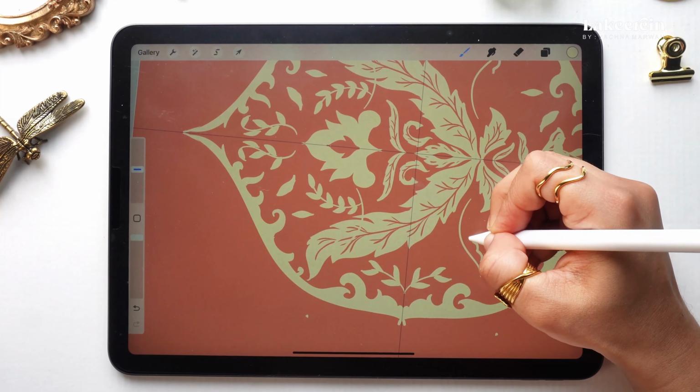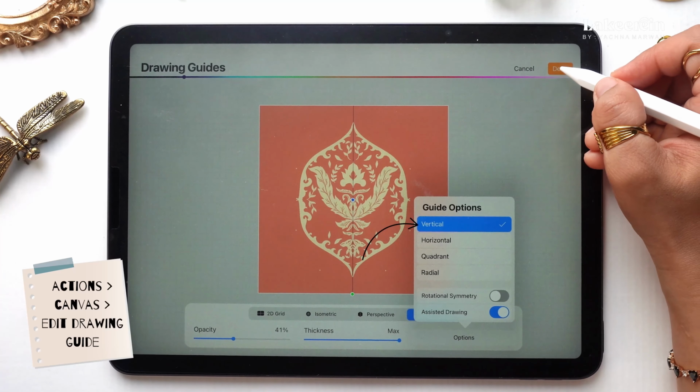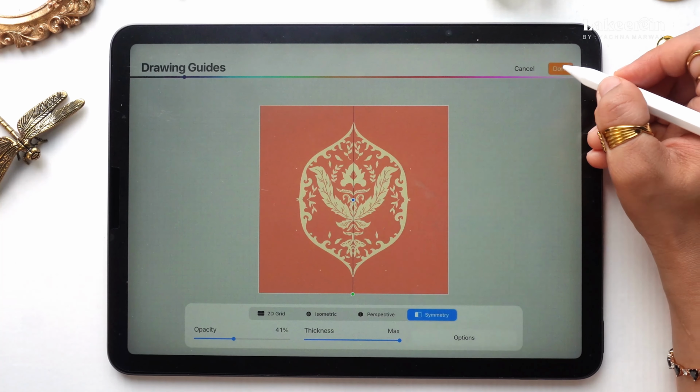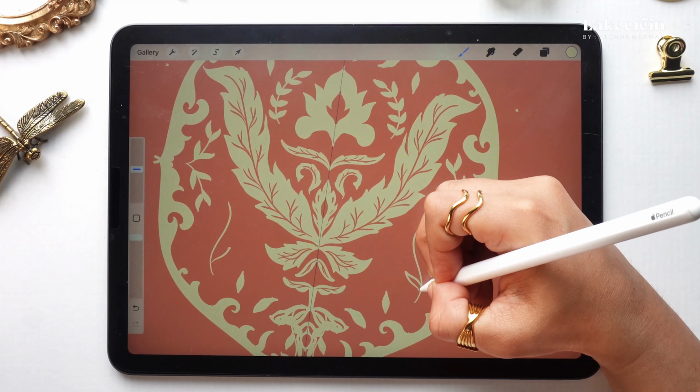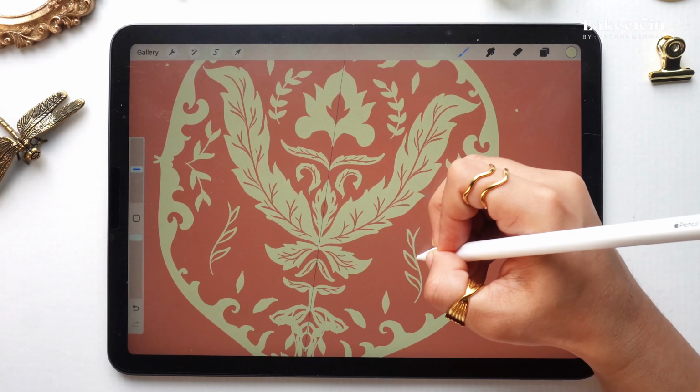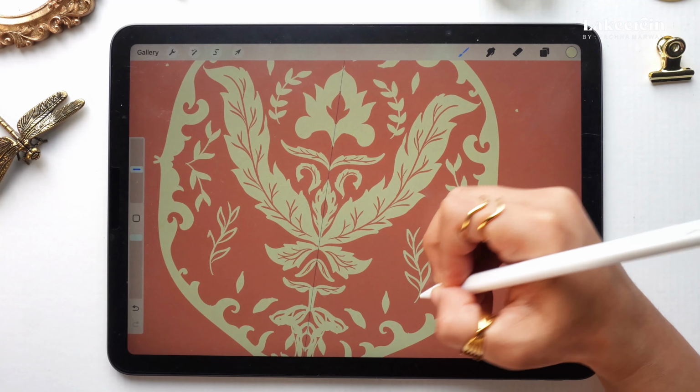So for this part, when I try to draw, it comes as a quadrant symmetry, which we don't want because it's overlapping. So for this I can go back, go to the edit drawing guide, go to vertical, and switch it back to the vertical symmetry, and then try to create a leaf set or whatever you wish to add here. Just make it look more stylized, and whenever you're drawing a leaf set, try to end this part with a leaf. Then you can simply fill it up, and wherever you have space, you can try to fill it up.